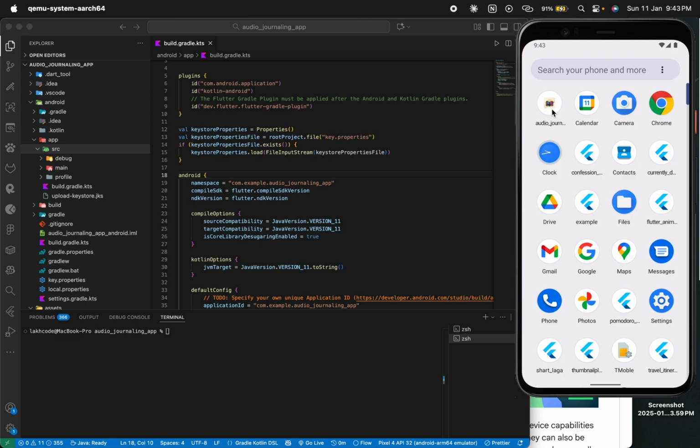So to fix that, we can implement adaptive icons on our Flutter app with the help of Android Studio. You can see all these three icons are examples of adaptive icons. You can see this camera icon. You can see there is no white background, even if there is some gap between the actual icon and the